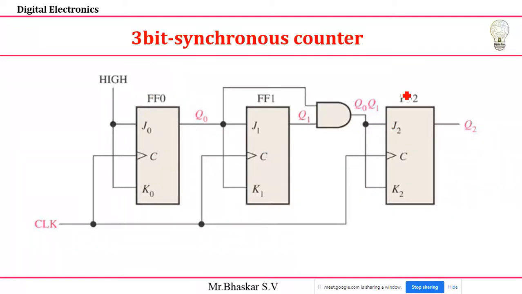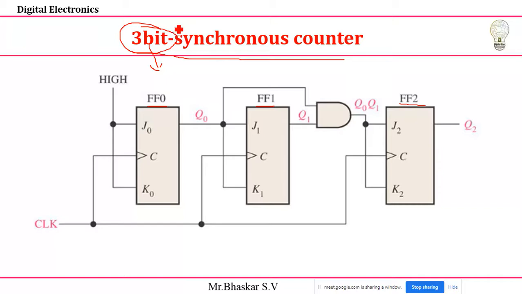Let's move on to the synchronous counter. Carefully you see in the circuit, it's a 3-bit synchronous counter. Here 3-bit means definitely I need to use 3 flip flops. That is the first task. So what type of flip flops do I need to consider? It's optional. You can design using the D flip flop, or using the JK flip flop. It depends upon the conditions. Here I'm going to use the JK flip flop for the explanation. Carefully you see that flip flop 0, flip flop 1 and flip flop 2 are my 3 flip flops I'm going to use here for 3-bit.